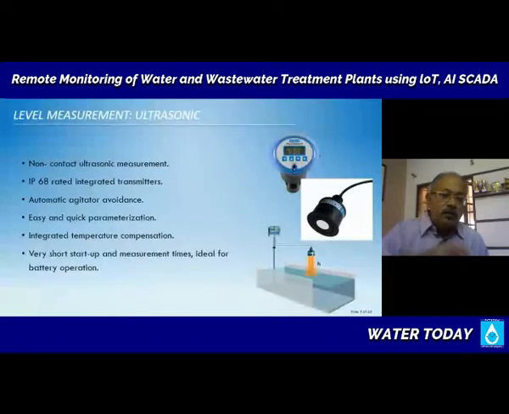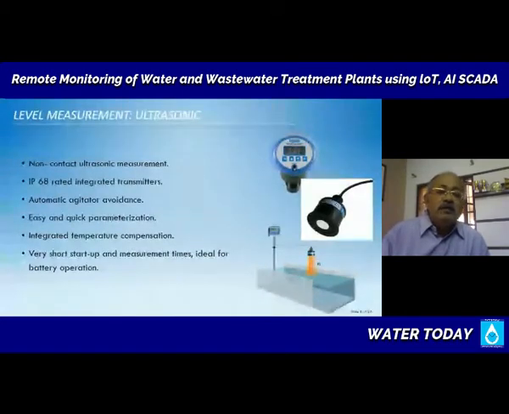So when you are using an aspect of the sound, then variance in ambient temperature should not affect your measurement accuracy. So we talk about temperature compensation. That is applicable in many cases. For instance, if you are measuring pH in a water treatment plant, what is the pH of the water that's going out? And there also temperature has got an impact on the pH, so the measurement needs to be temperature